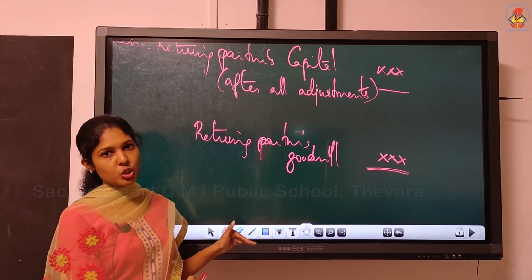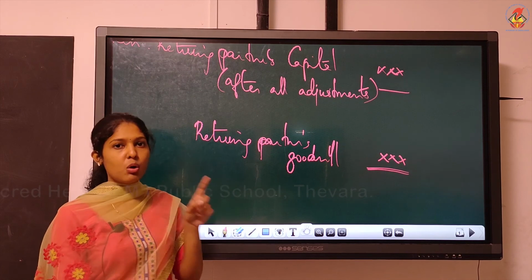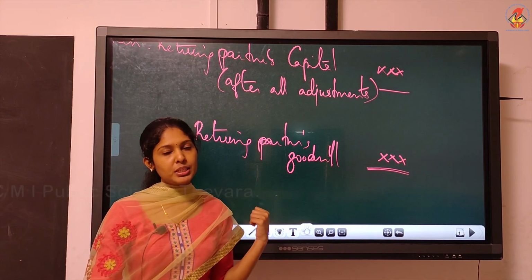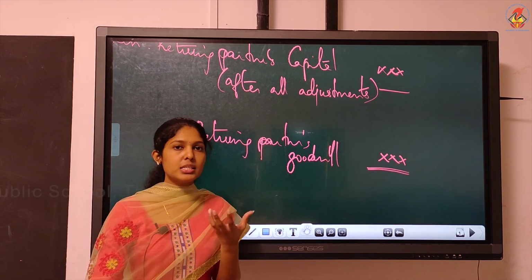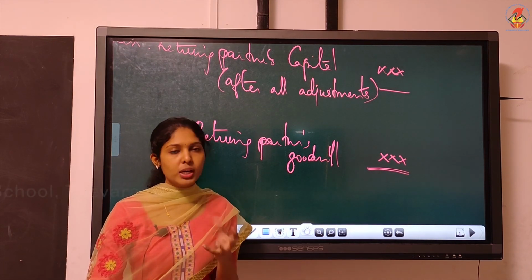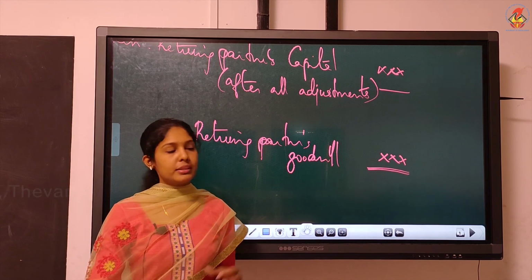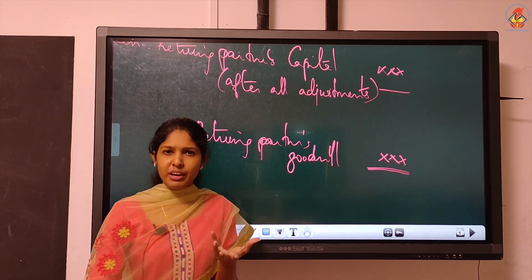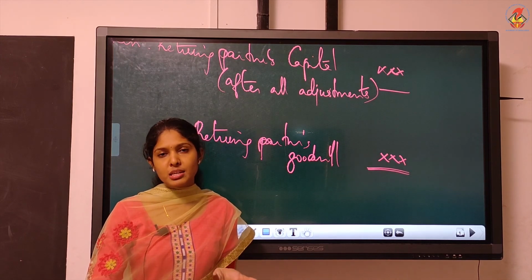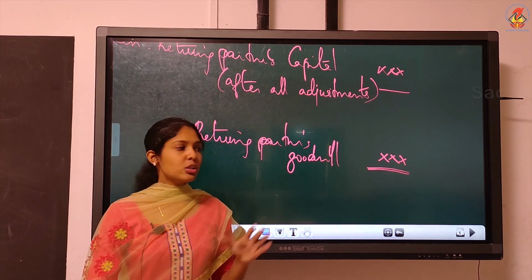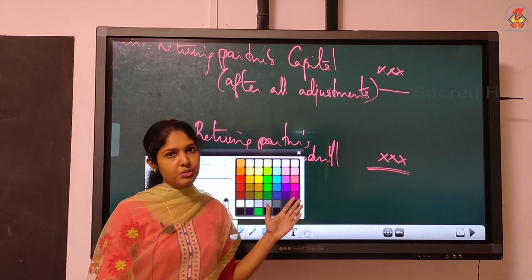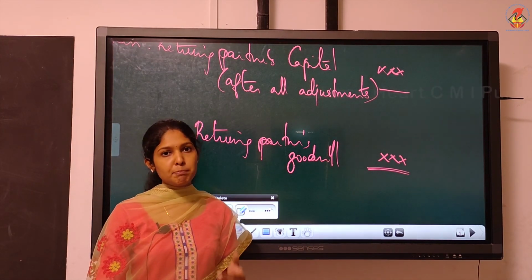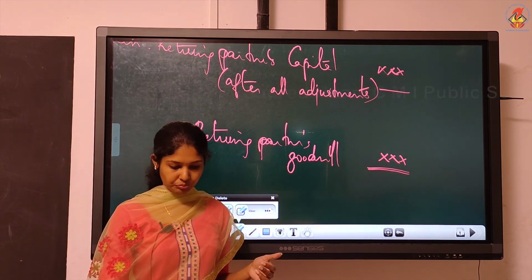Then you must write the journal entry. What's the journal entry in this case? What is the basic entry you studied for goodwill in this chapter? It is gaining partner's capital account debit to retiring partner's capital. That basic entry you have to record. Only when they ask you to open goodwill, and rarely will they ask such questions. Other than that, you can record this basic entry everywhere. Gaining partner's capital account debit to retiring partner's capital account.